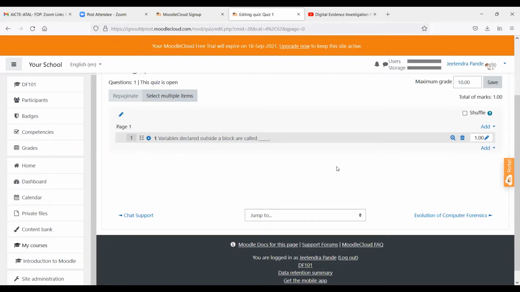So if you want to add questions to the MCQ type of quiz, there are two options. One is you can add questions one by one, right? Like I have demonstrated in this case. The second option is bulk upload, right? So before explaining the bulk upload feature,